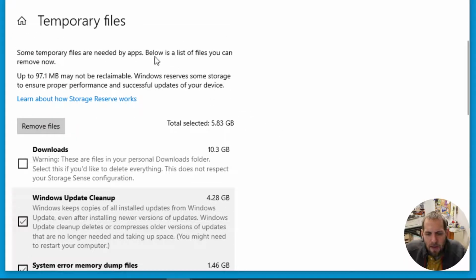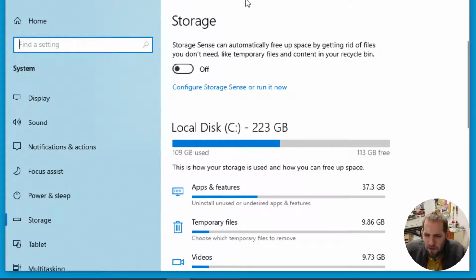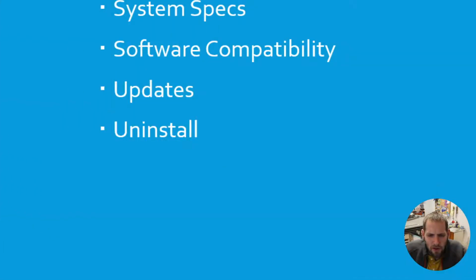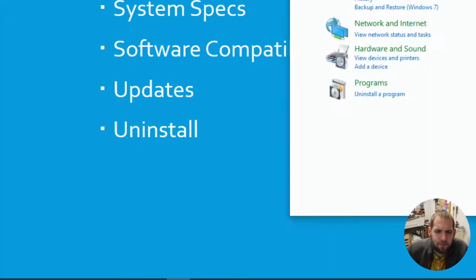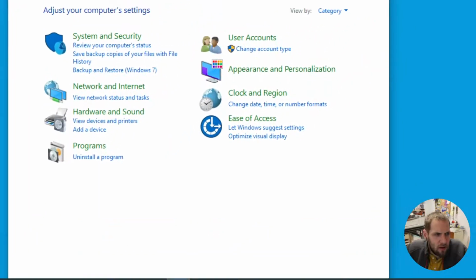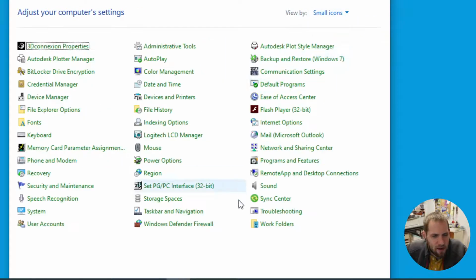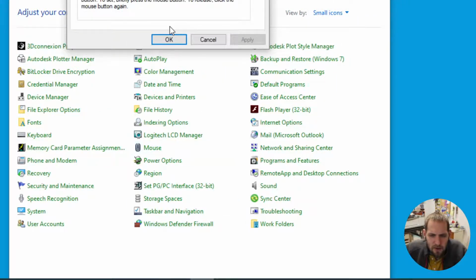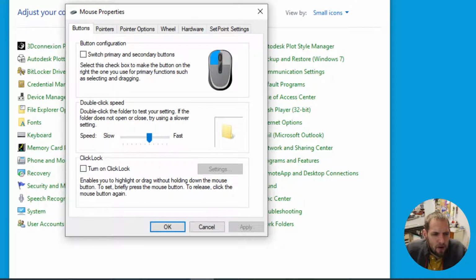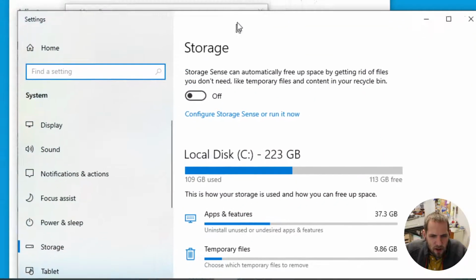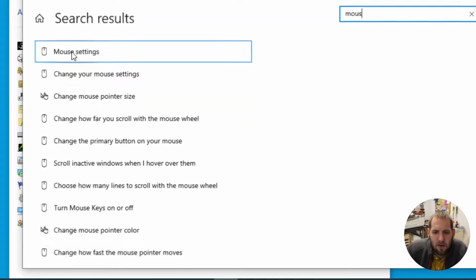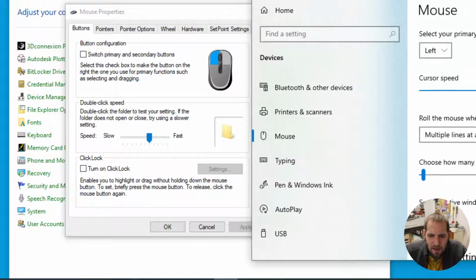So, and what you'll see is, I should have pointed this out a while ago. You have two different types of Windows control interfaces at this point. We have the older school option, and that is just straight up Control Panel. All right, and this is Control Panel. I normally say small icons. All right, and then if I click on mouse, it brings up the mouse properties. Now you can also do that in the new one, which is called Settings. And if I go to mouse,